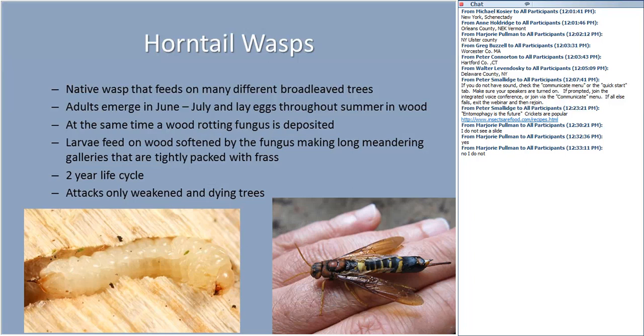It'll weaken trees, and the biggest damage, I think, is that it might cause branches to fall off or trees to split. But really, this is an indicator, much like the lions taking out the weak antelopes, that you have a tree that probably needs to be taken out anyway. So it's useful in that respect.